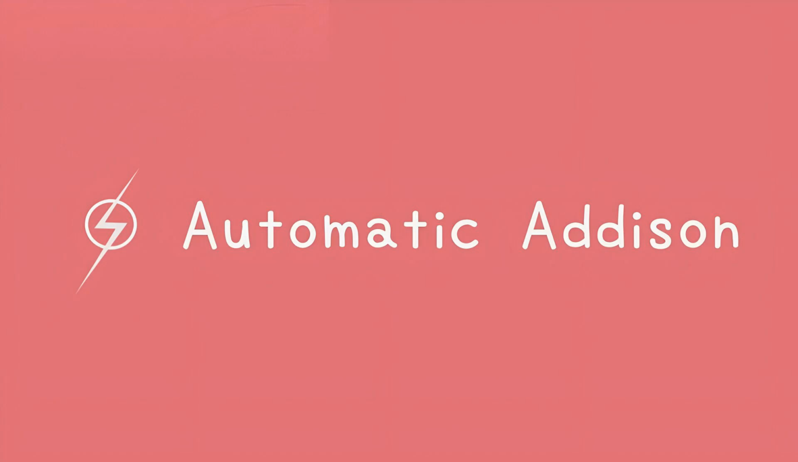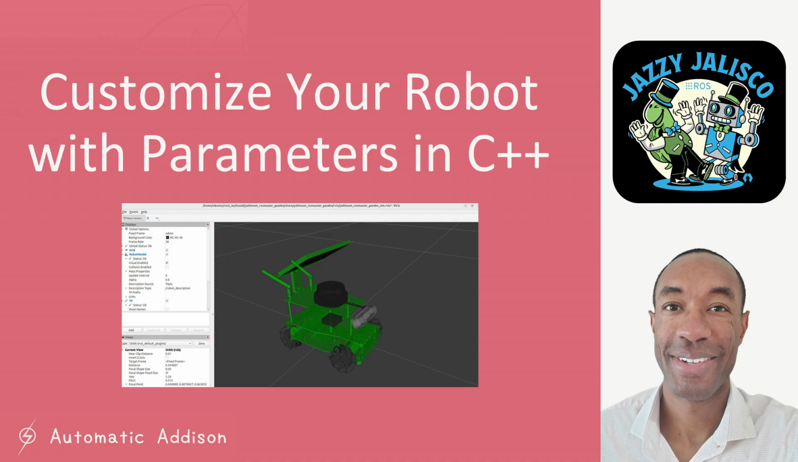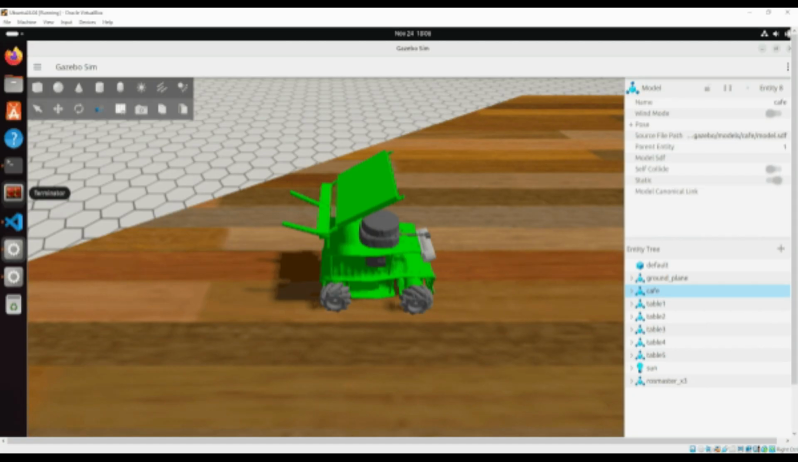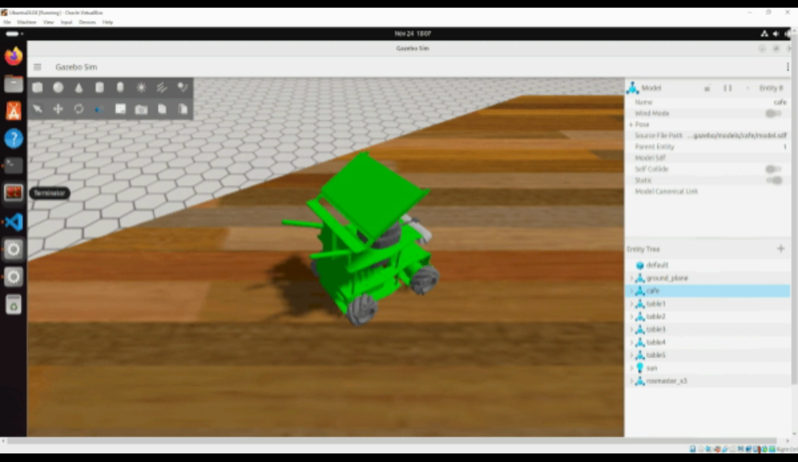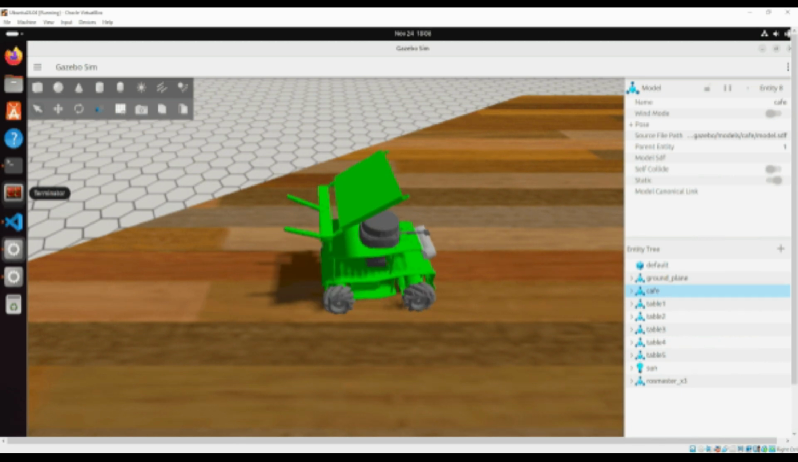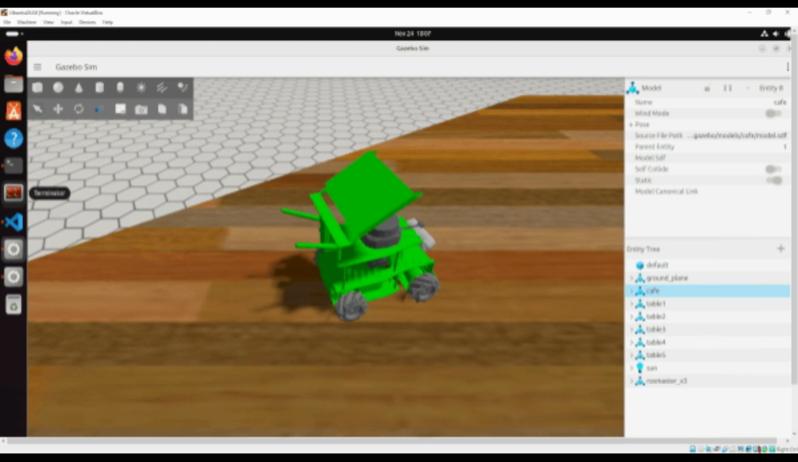Automatic Addison. In this tutorial, you will learn how to customize your robot with parameters in C++. Parameters are important for creating flexible and dynamic robot software. By the end of this tutorial, you will be able to use parameters to make your robot move like this. You'll learn how to define, access, and use parameters within your nodes, enabling you to customize your robot's behavior without altering its code. Join me as we dive into the essentials of parameters, setting the foundation for more complex robotics